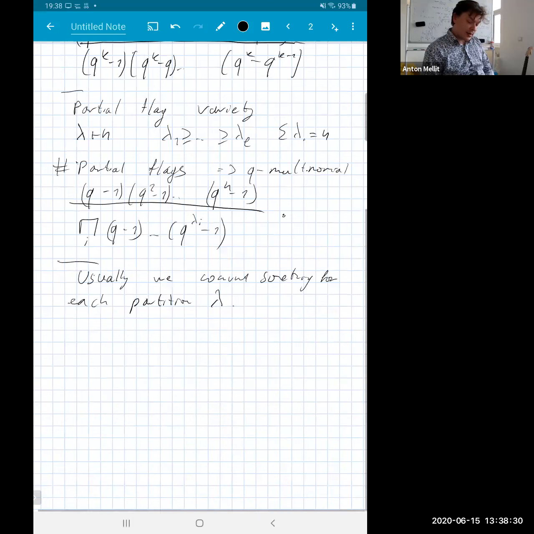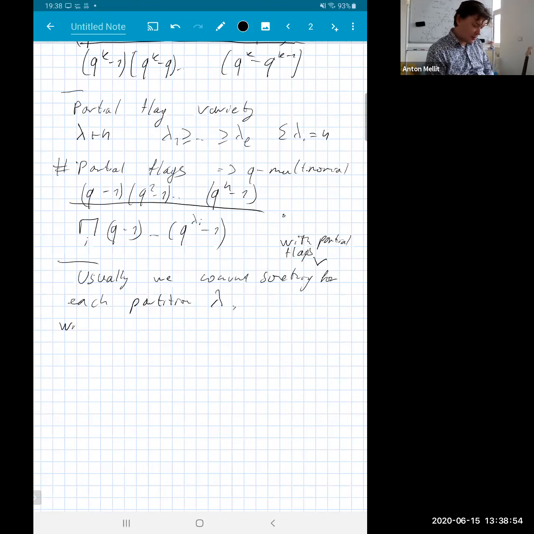You will always be counting something which involves partial flags, and lambda will control the steps of the flags. And then we want to write a sum. So you get a number, C_lambda, an integer. And then we write the sum of C_lambda m_lambda,